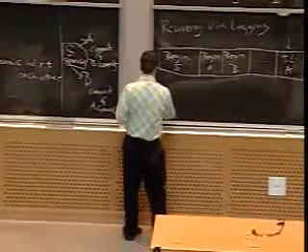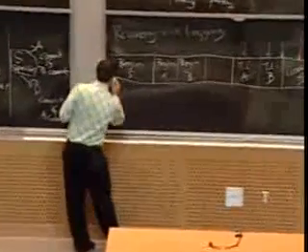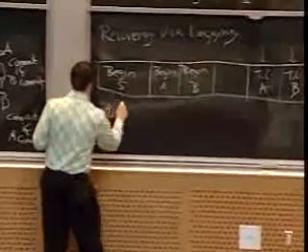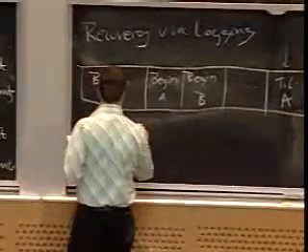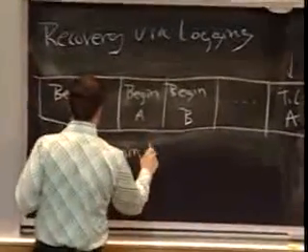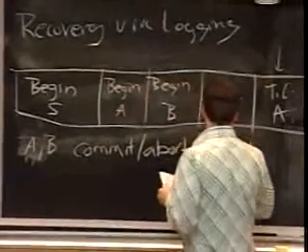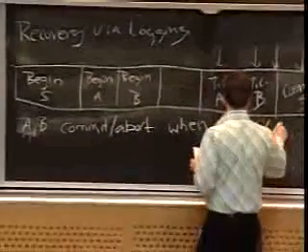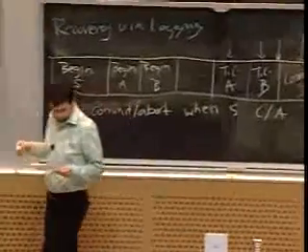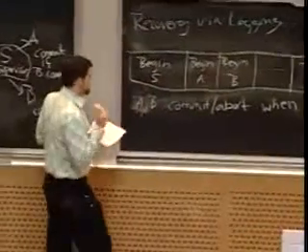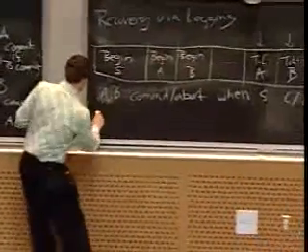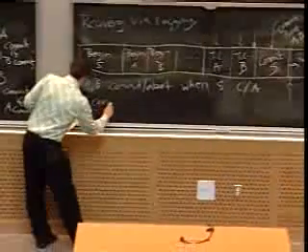So just to make it clear, we say that A and B commit or abort when S commits or aborts. So I've just written CA here for commit or abort. There's one other little detail that we need to point out, which is that S can commit